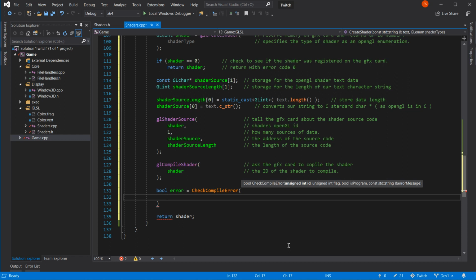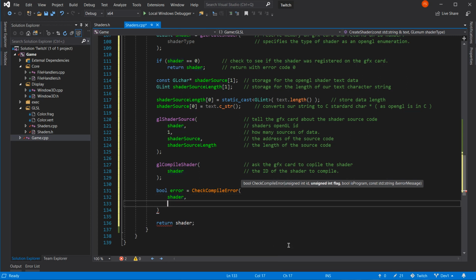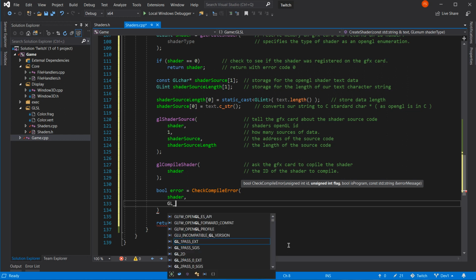Let's try shader. Okay. We're okay so far. Unsigned int flag. This is an interesting one because I've not done this right. It's just shown me that I've made an error. So that's GL_COMPILE_STATUS. There it is.